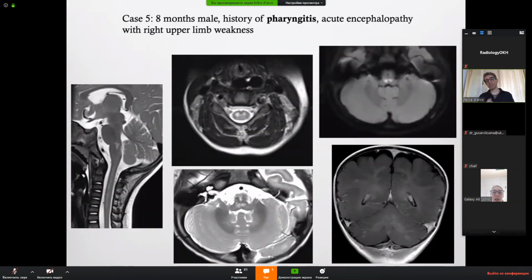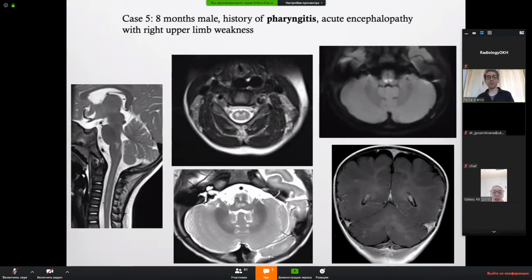Now, let's start with another case. We are always in the realm of viral encephalitis. So we have an 8-month-old male with history of pharyngitis, very, very important. So we have a history of infection, but the child is acutely encephalopathic and has also right upper limb weakness. So signs that can be related to cord involvement. You will see here that there are patchy areas of enhancement in the cerebellum. So in this context, you think of cerebellitis, maybe in the brain,